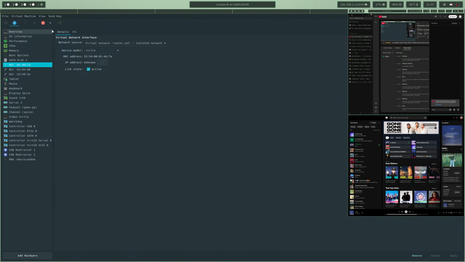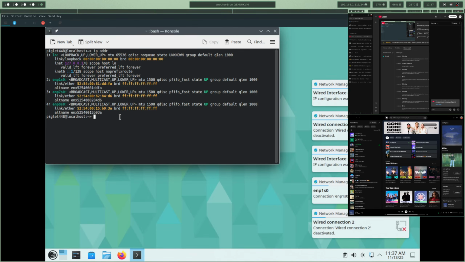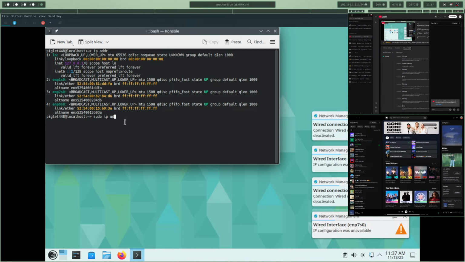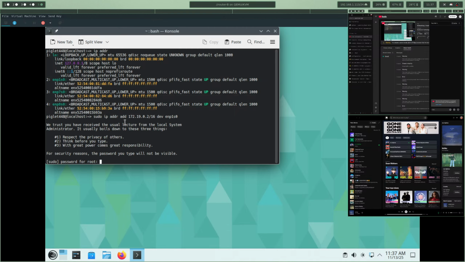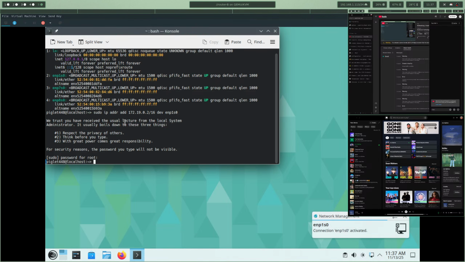Yeah. It's going to end with D6. Yeah. Okay, host 3 and host 4. Alright, so 172.19.0.2/16 dev np1s0. IP address add